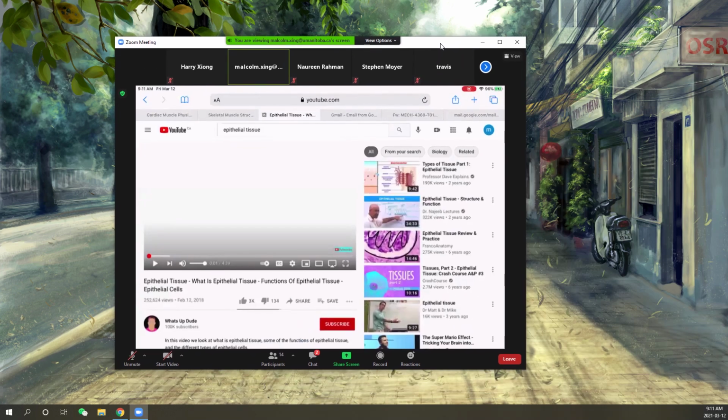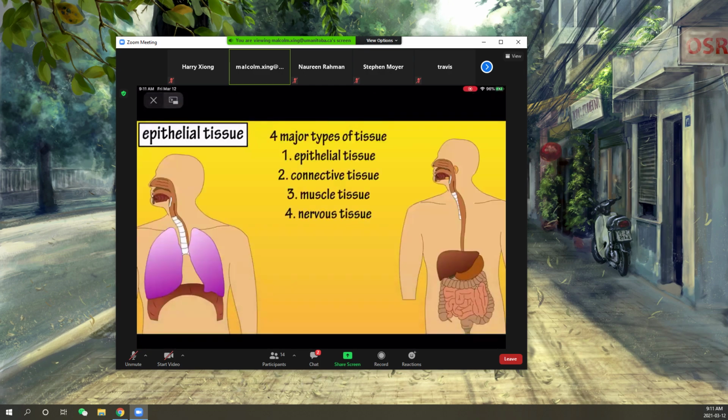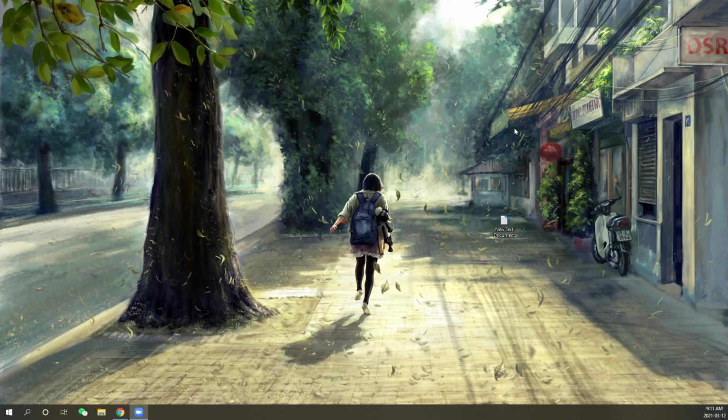Then we go to the epithelial layers. Epithelial tissue is one of the major types of tissue in the body, and it can be found throughout many parts of the body. It lines many of the structures of the respiratory tract, such as the trachea, bronchi, bronchioles, stratified squamous epithelium, in which the top superficial layers of cells are dead.